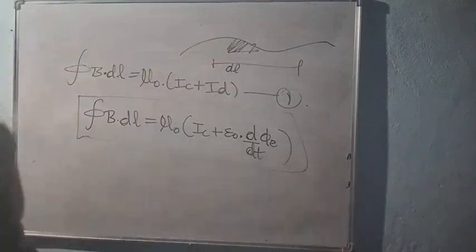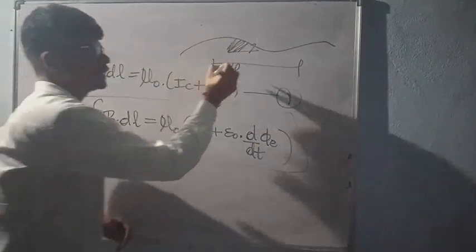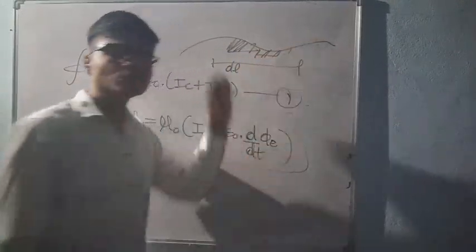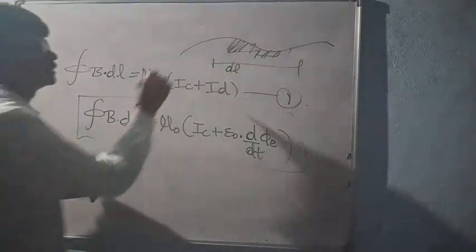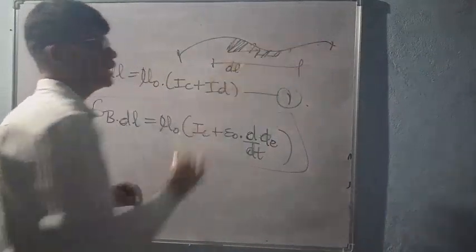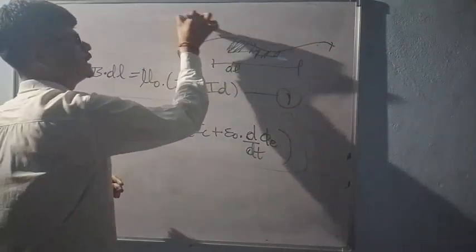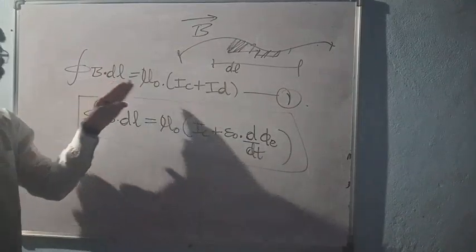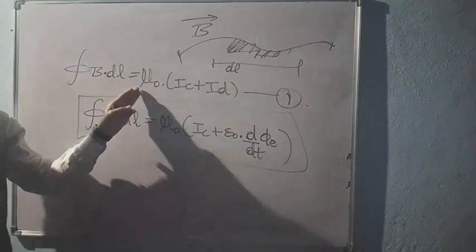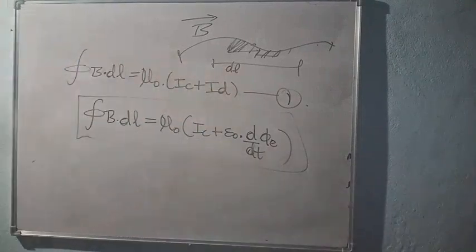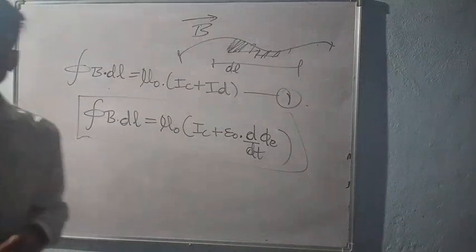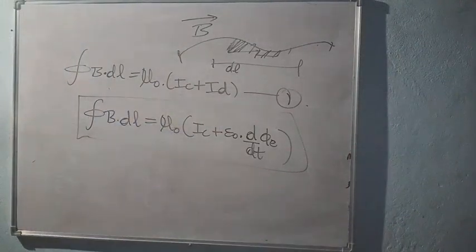We had considered some length element dl, and we are integrating this dl up to n terms. In some magnetic element, the total magnetic field generated is B. B is the total magnetic field. So the total line integral gives mu naught times IC plus ID. We had studied this expression in our previous chapter of magnetostatics. Okay, so now